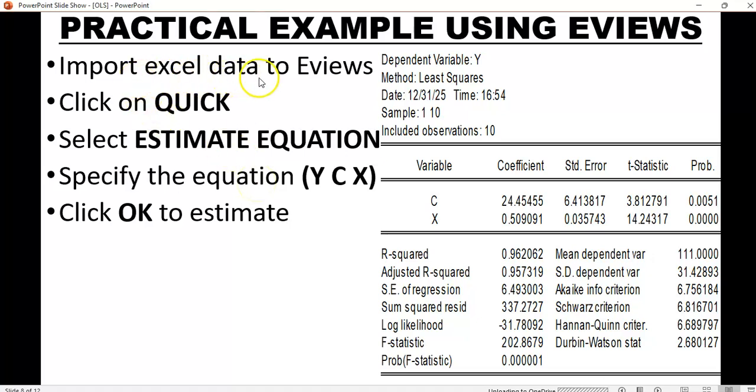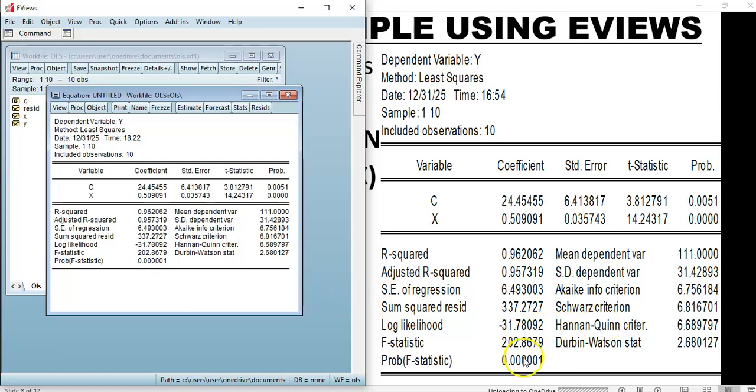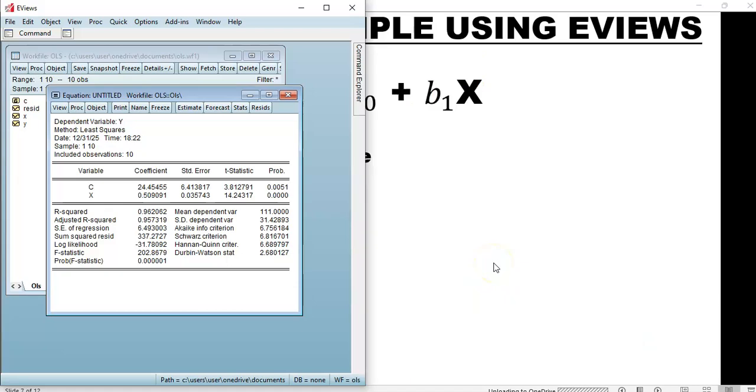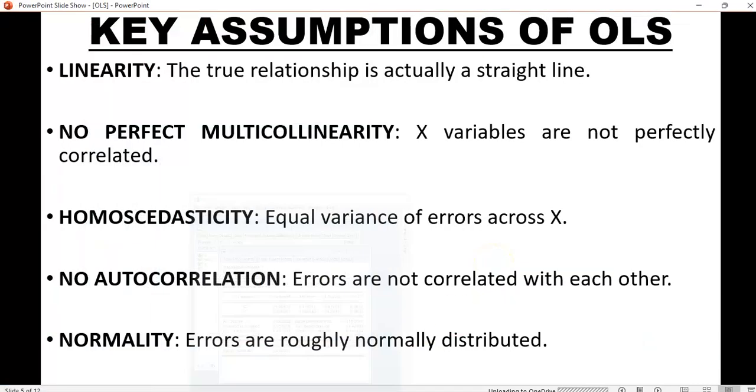Having imported Excel data to Eviews, you click on Quick, select Estimate Equation, and we specify the equation. So this is the result we've gotten, the exact result we've gotten here. And then what is the next step again? Our next step is to